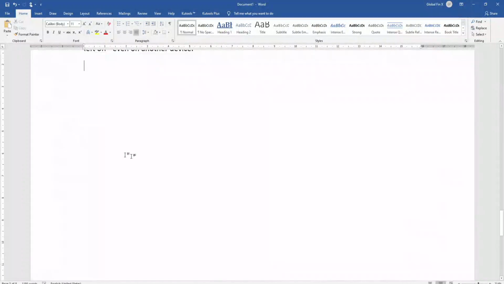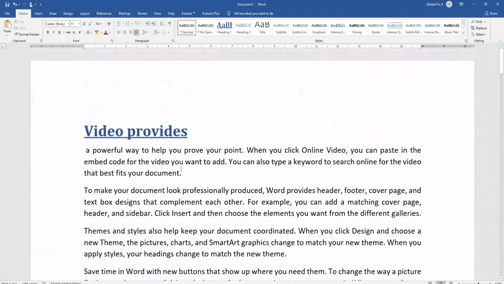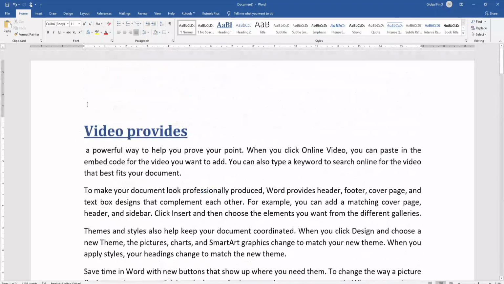Okay. So once you are done with marking all your titles, the next thing you would want to do is ask Microsoft Word to create an index for your content. For that, you first need to go to the start of your content. You can press Ctrl plus Home, and you can see your pointer has been placed at the start of your document.